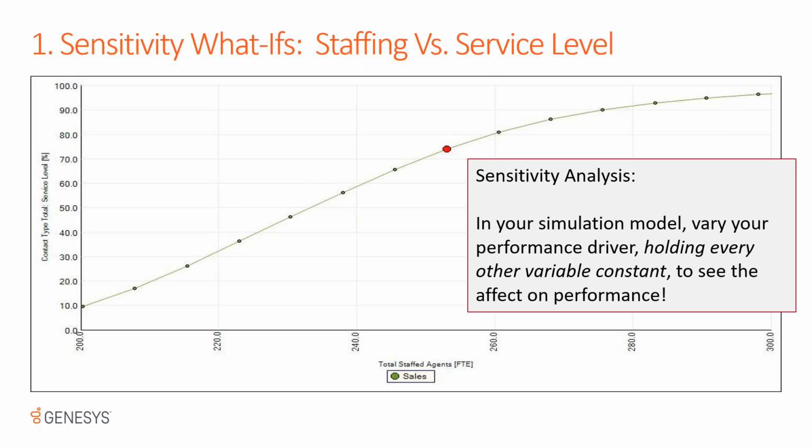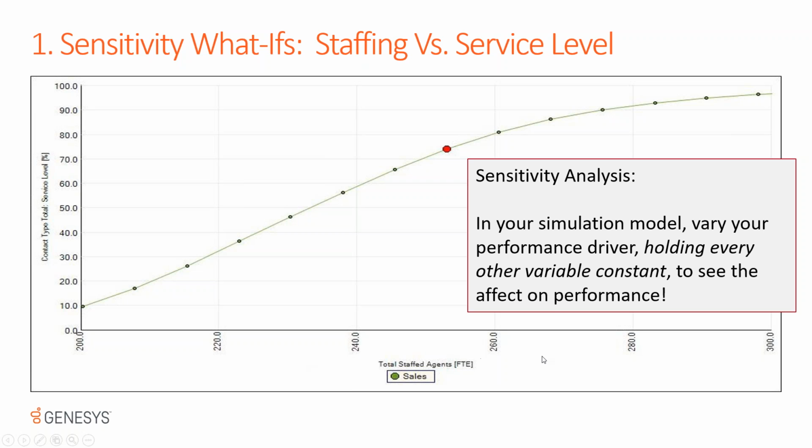The first type is a use of a simulation model, which is a replacement for your Erlang C calculation, say. And what this does is it allows us to run a whole bunch of data points at the same time. So if we have this accurate simulation model, or this accurate Erlang model, what we can do is actually take that model out for a spin, and I can run it a whole bunch of different times. In this example, I'm